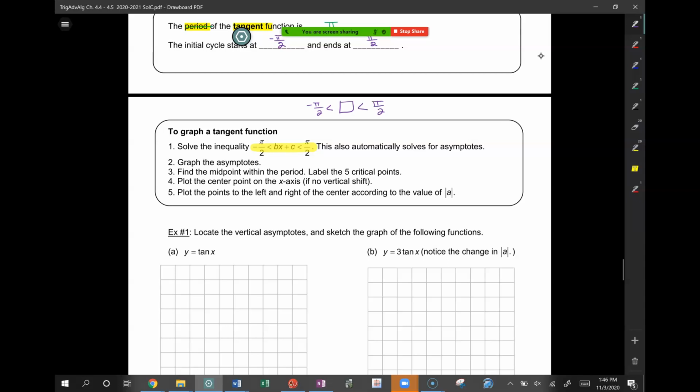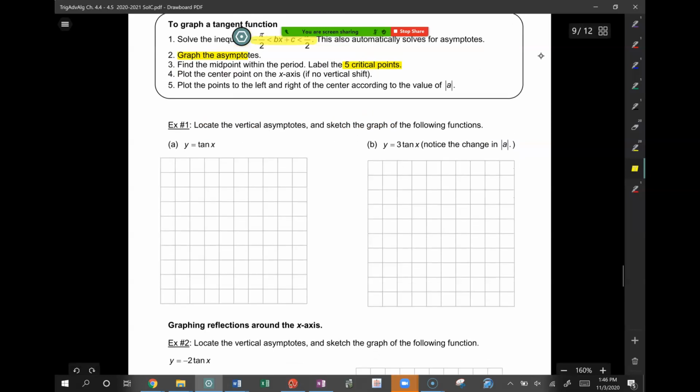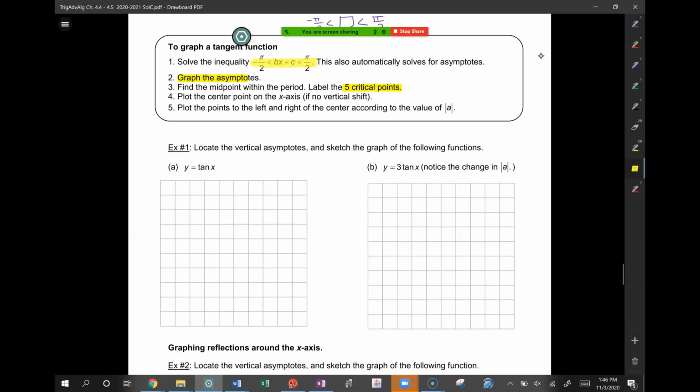Okay, so first you do that. Then you figure out what the asymptotes are and you graph them. And then we need to label the 5 critical points again. Same thing. And then we plot. So for the rest of them, why don't we do one and then I'll go through one while we're doing